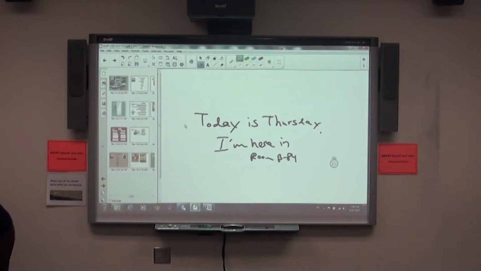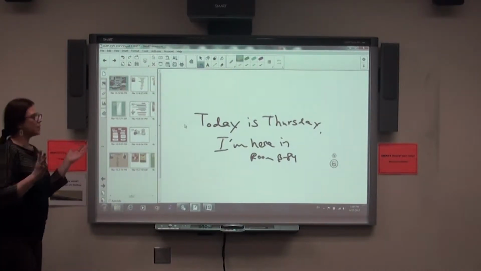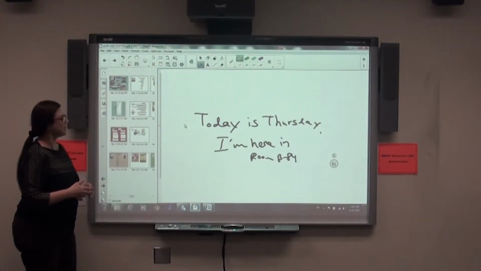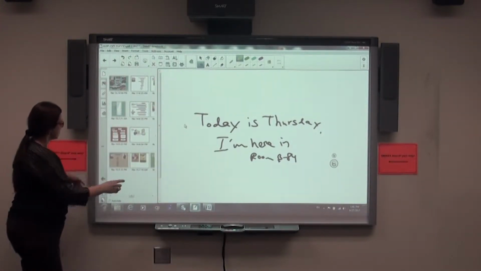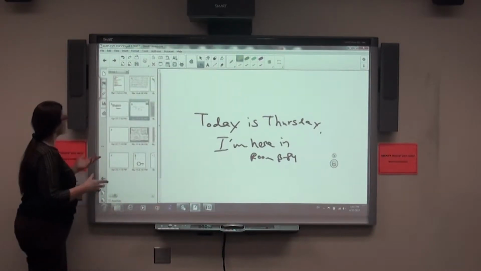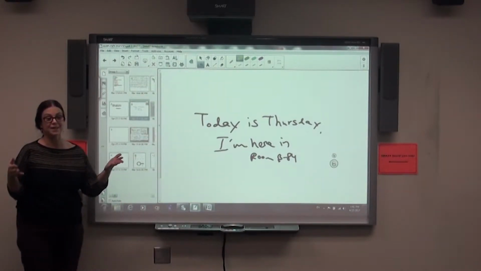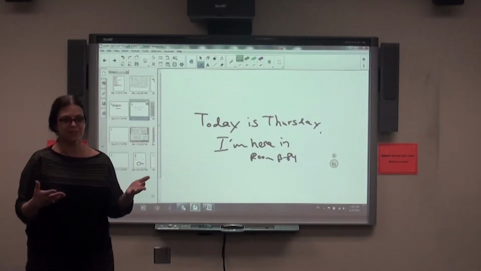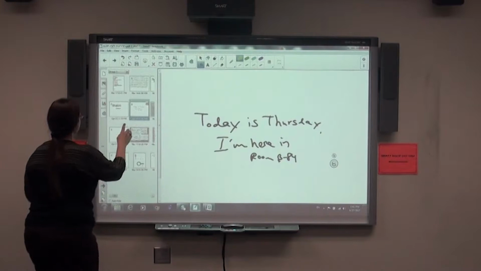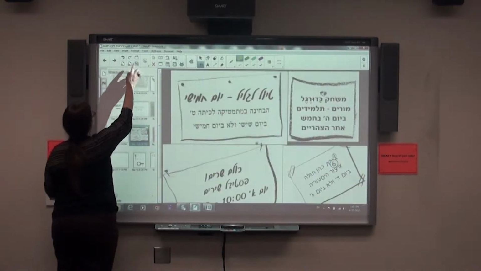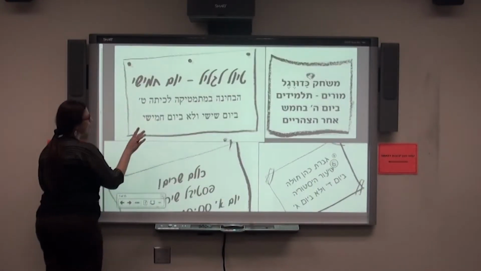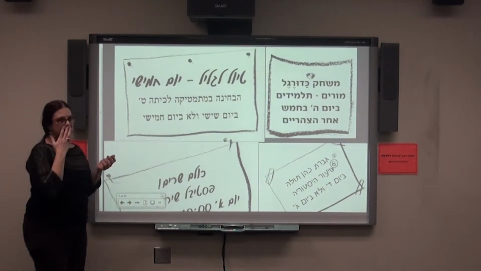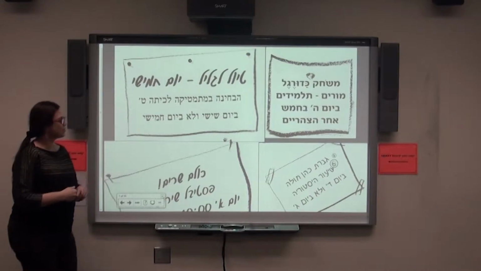So what we did so far is using the board as a board but interactive, and taking what you have and adding to that. Now we're going to the next step, which is actually using the Smartboard Notebook to create interactive activities, which is also very nice. This is from the book, you just scan it, upload it, and you can use it as